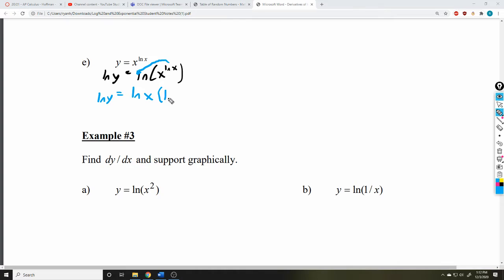And then I just have a natural log of x left inside of there, since I took the exponent out in front. And then we would do implicit differentiation. 1 over y dy dx